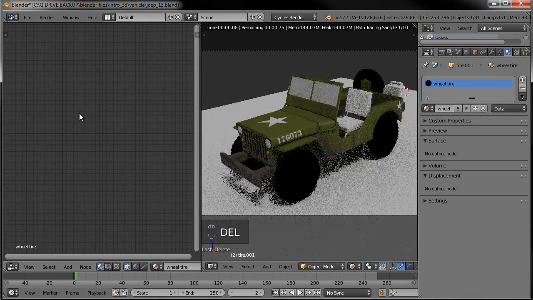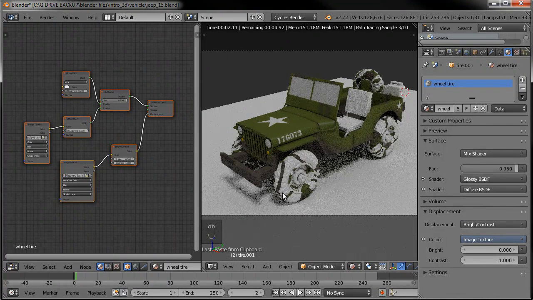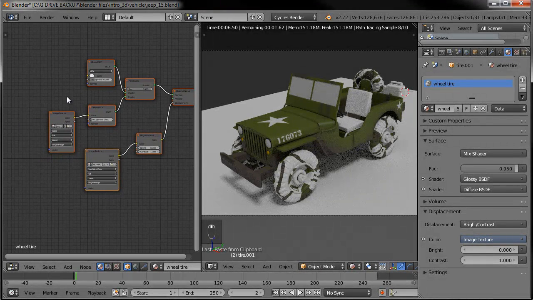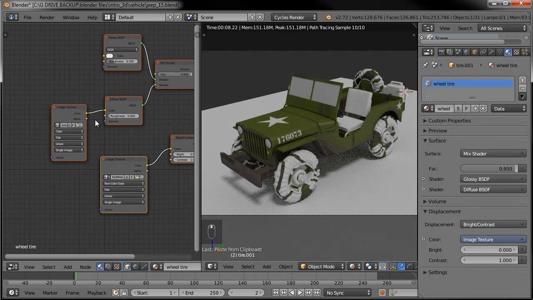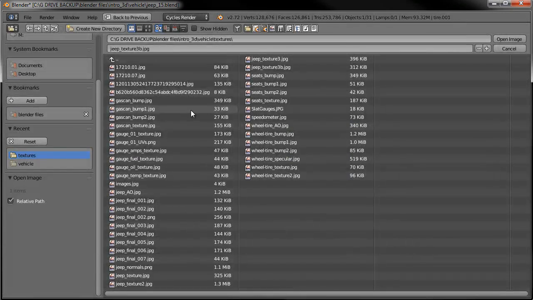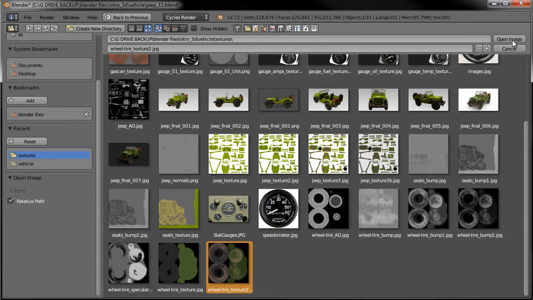I'm just going to delete it, and I'm going to go Control V, and it's going to paste in all the settings that we did for the body. But obviously they're not correct because those are the wrong texture maps. So all we have to do is just come in here to these 2 different image inputs that we added in, and we'll say wheel tire texture 2, I believe, but the mud, yes. So we'll say that one, open that,